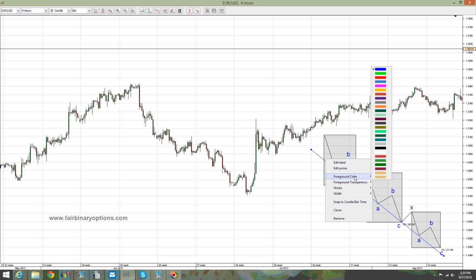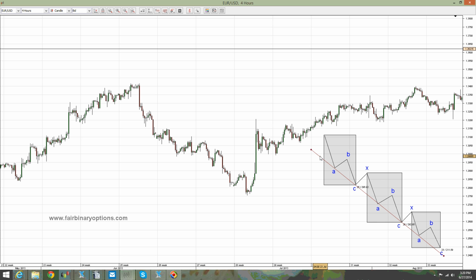Let me change the color for it. Let's make it another color, like this. It is channeling too well, and therefore when you trade binary options and you have a triple zigzag, for example